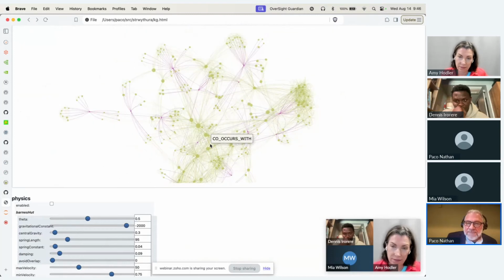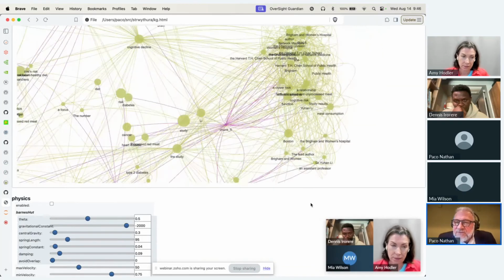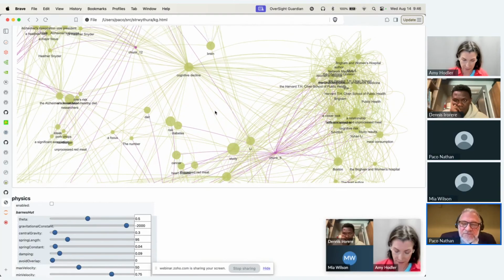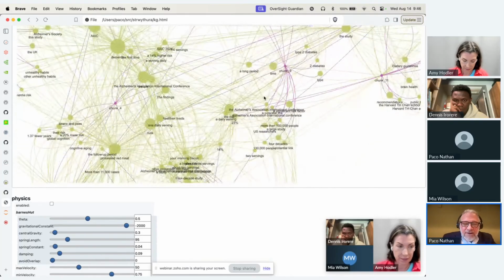Okay, one of the things that this produces is a graph, and so I want to show that. This is a resulting graph out of a few different articles about dementia, and you can load this up as HTML. Here's some research out of the Boston area, a couple of research studies. Here's a diabetes and cancer cluster, et cetera, on and on.